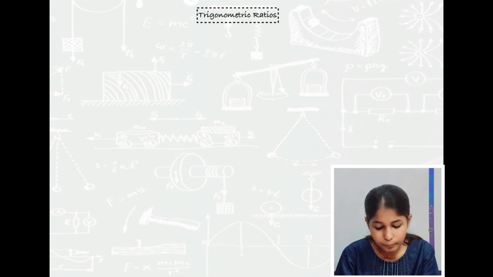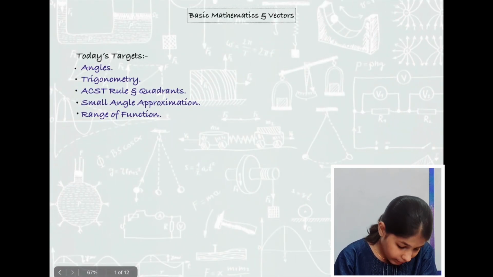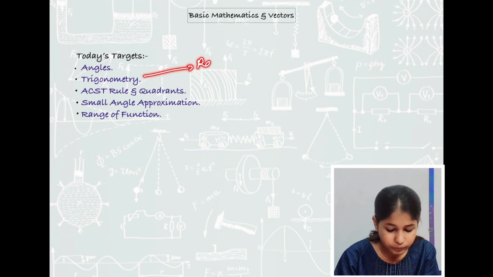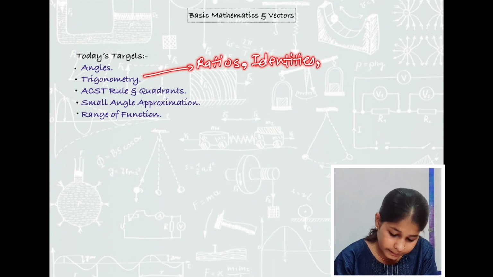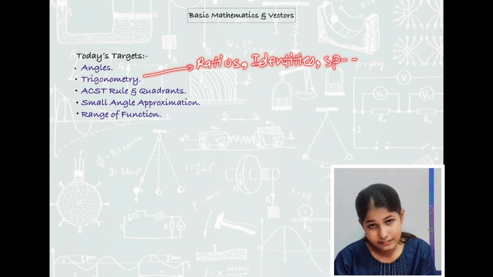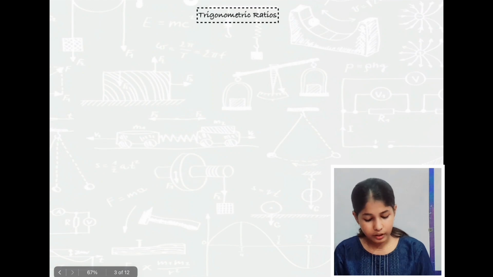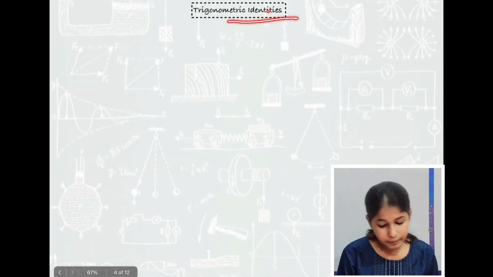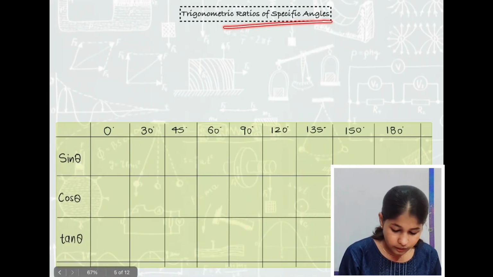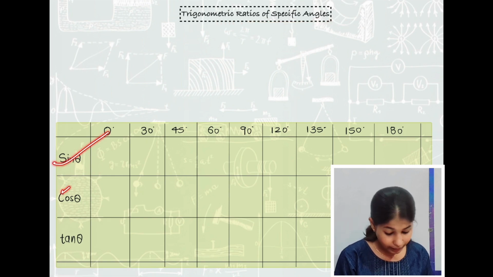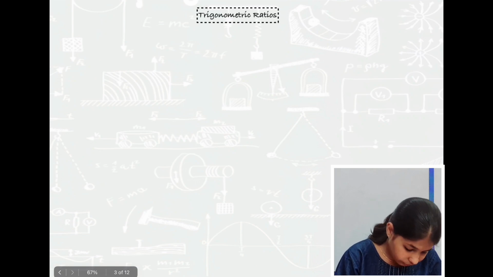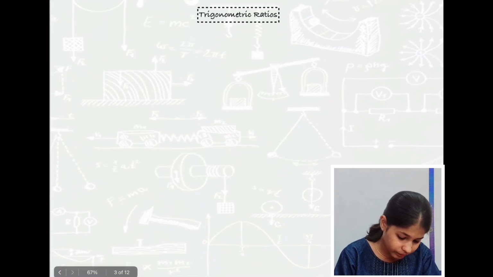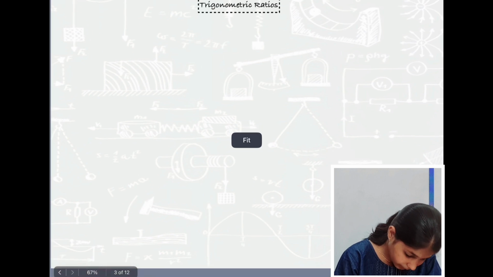Our next topic is trigonometric ratio. In trigonometry, as I have already told you, I am going to talk about the ratios, identities, and then trigonometric ratios for specific angles. Also, I have made different tables for it. So, trigonometric ratios. First of all, what we need to do is simply